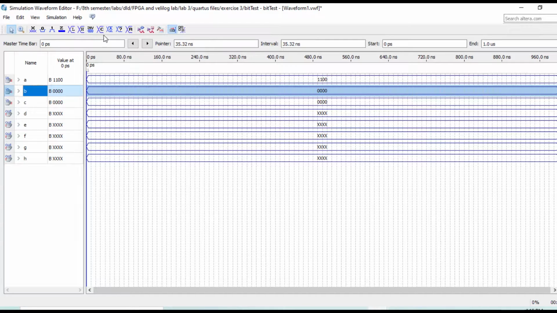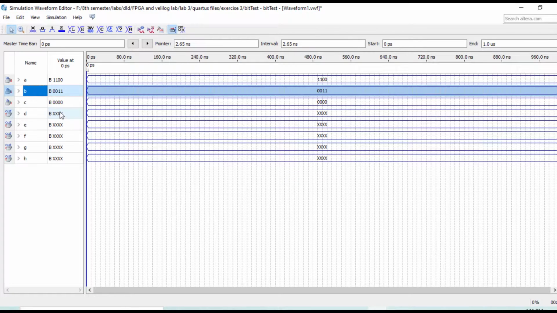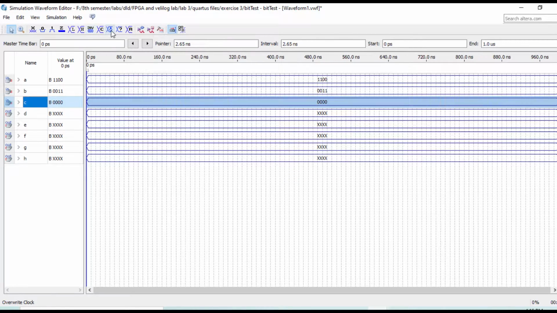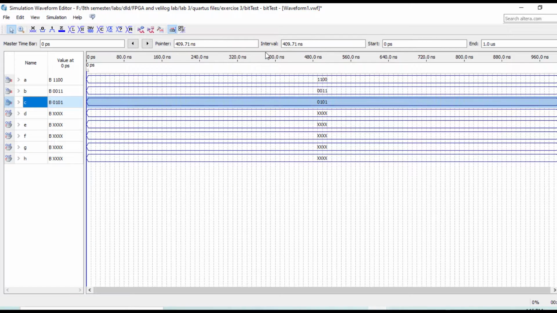And here you can see our value of B is 0011, and our value of C is 0101. And now it's time to execute this graph.